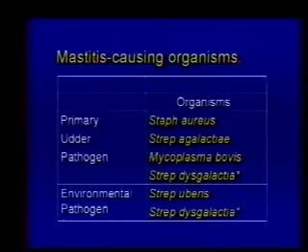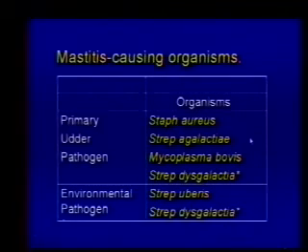Mastitis causing agents. We divide them into 2 groups. Primary or contagious organisms: Staph aureus, Strep agalactiae, Mycoplasma bovis, and Strep dysgalactiae. And then with the environmental pathogens, we have Strep uberis and also Strep dysgalactiae. Remember that Strep agalactiae is a CAMP